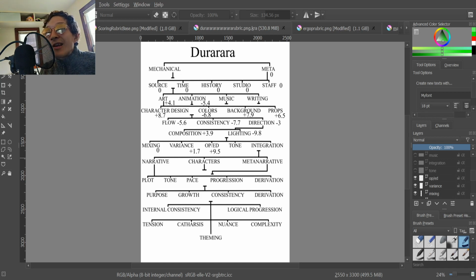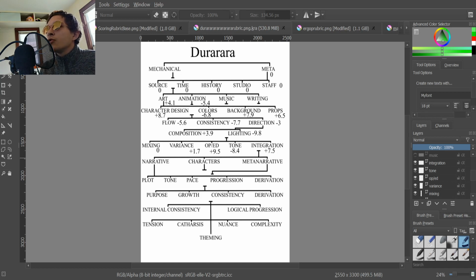OPs and EDs, I give a 9.5. There's a ton of them. I like almost all of them. It's a really good selection of OP and ED songs for Da-da-da-da. I gave tone a negative 8.4. It doesn't seem to match all the time, and it's kind of all over the place in a lot of ways. But integration, I gave a positive 7.5 because I think that over the course of the show, it really